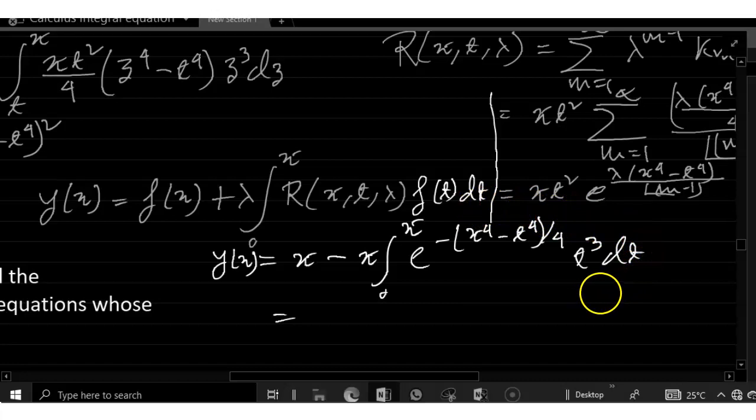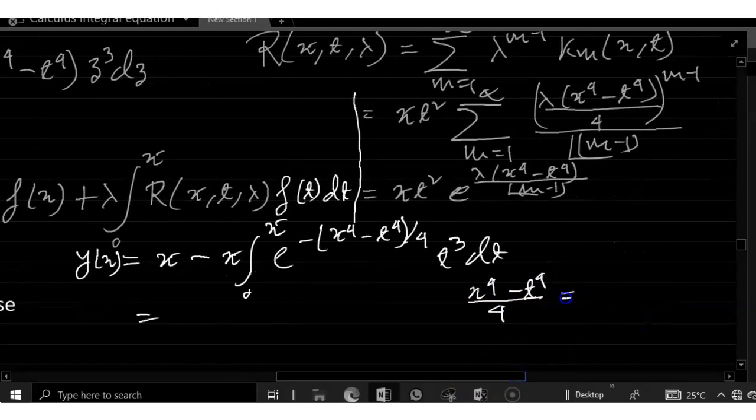Now (x to the power 4 minus t to the power 4) divided by 4 equals to z, dz equals to t cube dt